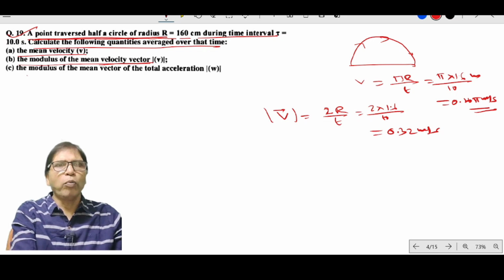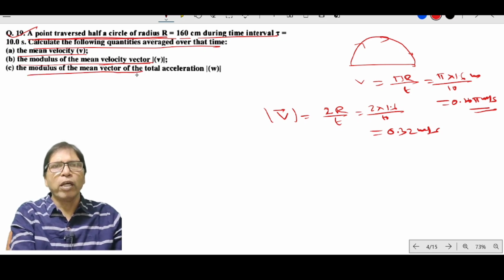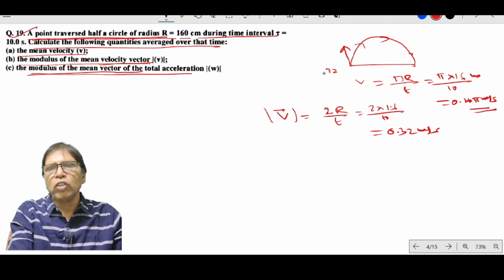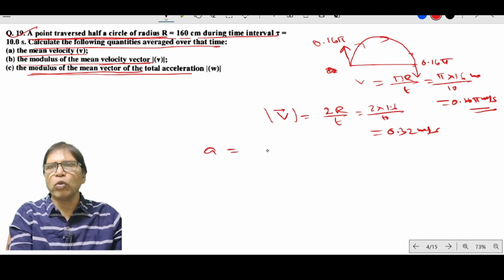Now the modulus of the mean vector of the total acceleration. Look at this, here the velocity v is directed along this direction. This is 0.165, directed along this direction. Here the velocity is directed 0.165 along this direction. So acceleration is equal to, look at this,